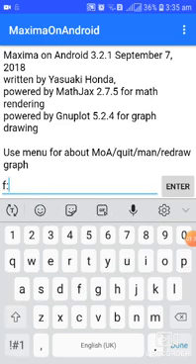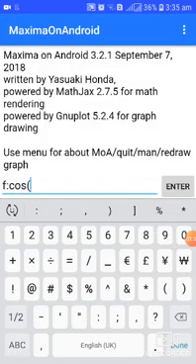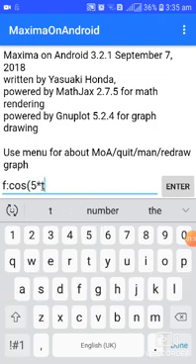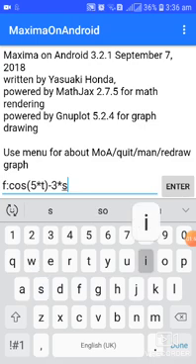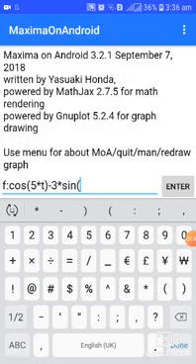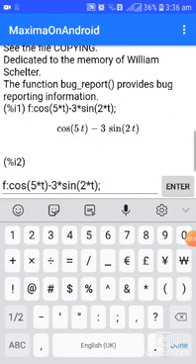Type that: cos 5t minus 3 sin 2t, then enter it.